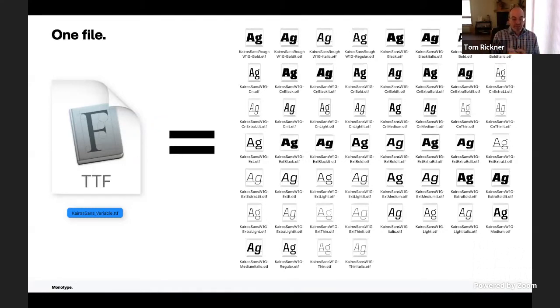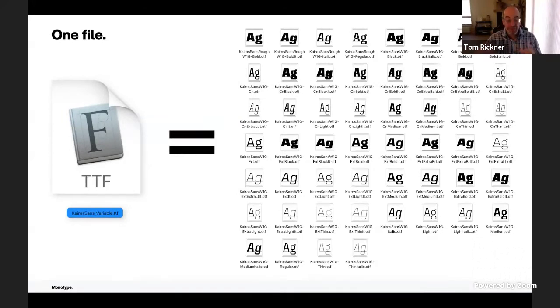And in the case we're showing here, this is a typeface called Kairos Sans, which Terence Weinzierl created several years ago. And to show the entire family, it currently has 52 individual discrete styles when you buy the whole family. And that can be packaged all into a single font file. This is actually one of the first variable fonts we made. It was very simple because there are no curves in it. So it was a really quick thing to script together